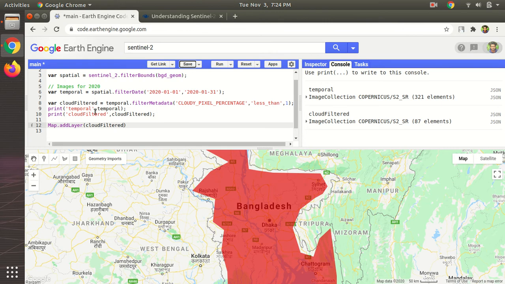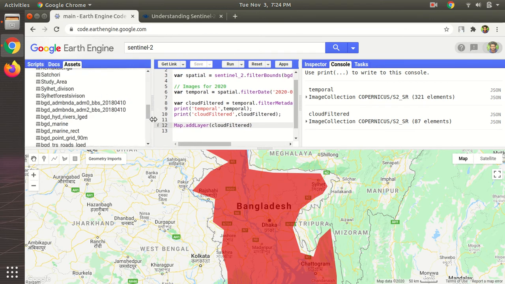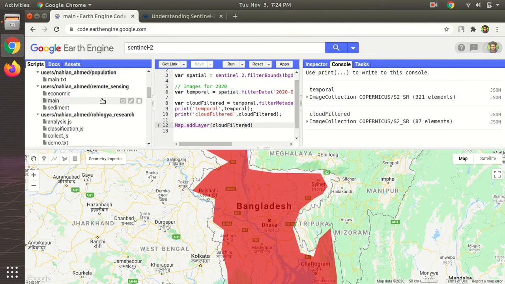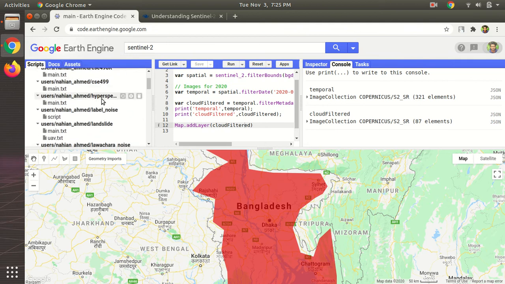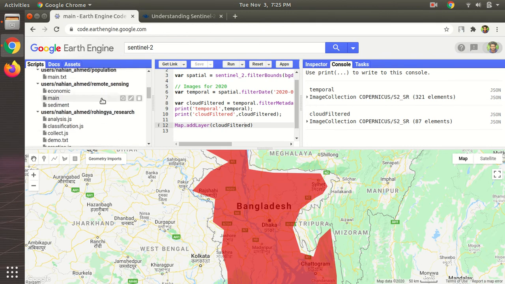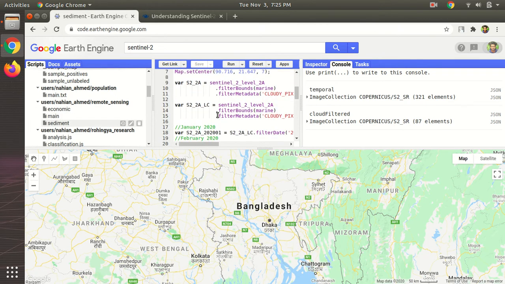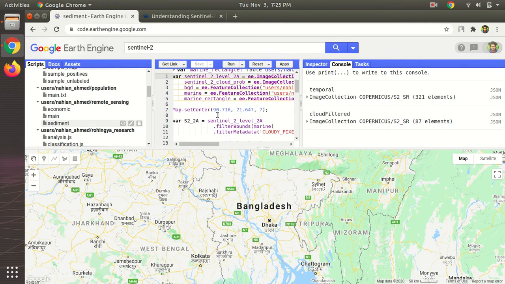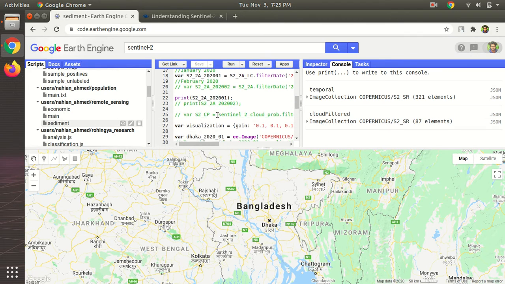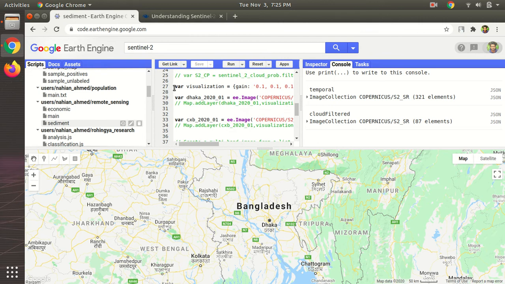See, the issue here is that when we want to see an image, we want to visualize 3 bands, a red, green and a blue band, and we need to know which bands are the red, green and blue band, and we need to specify the visualization parameters for it. So I already have them saved here. They are available in the Earth Engine visualization documentation, but you can even easily figure them out yourselves. But I've already set them up here, so I'm just going to copy them from here. This is a separate file that I've been working on, which also works with Sentinel-2 images, and these are the visualization parameters.